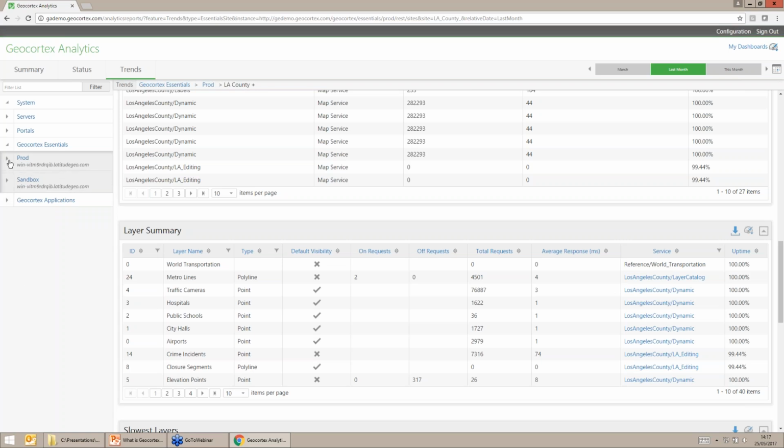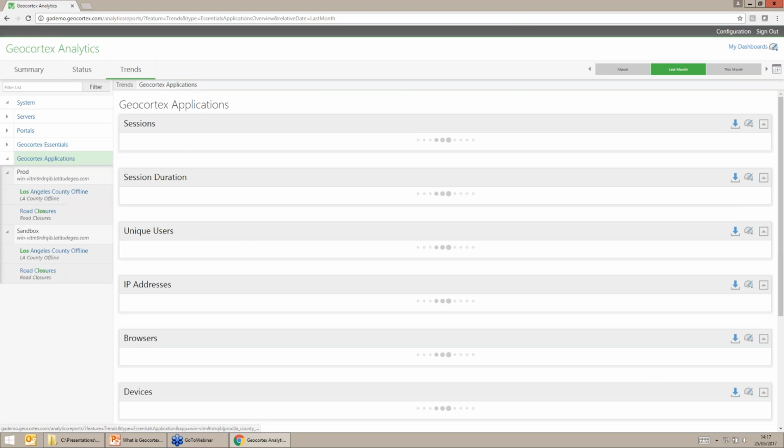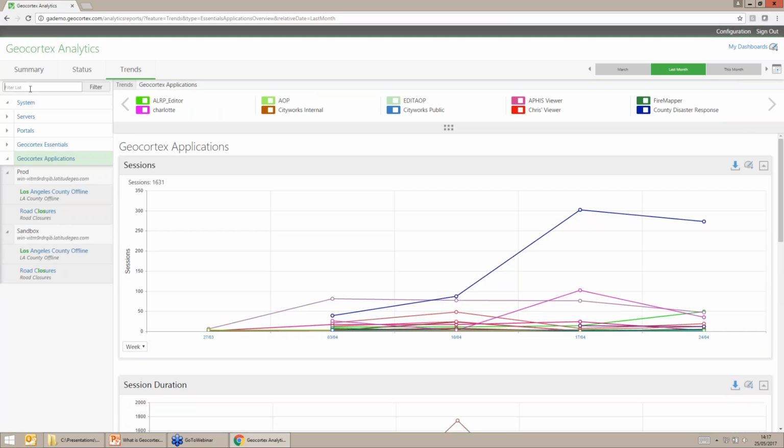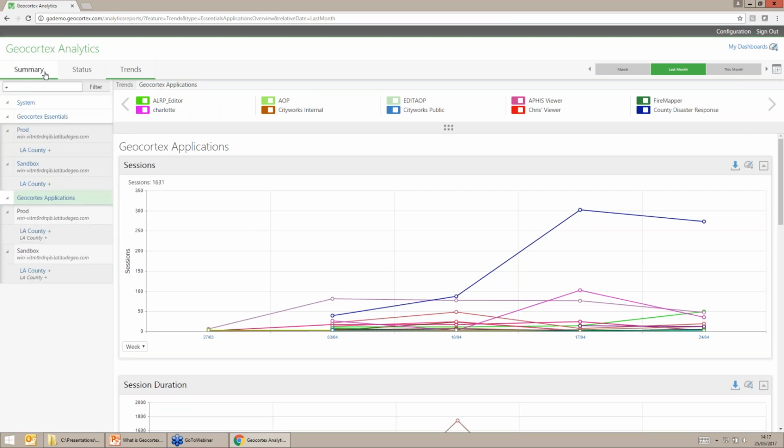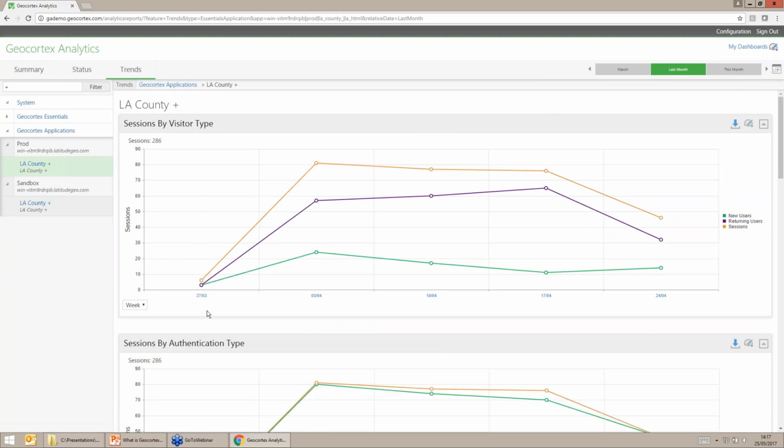So if we begin to now delve even deeper and start to have a look at applications, we can go into Geocortex applications and start having a look at a particular application within Geocortex. If I just put a plus in here, it will start looking at the LA County Plus application. If I click on that application itself, we can have a look at visitors visiting this application